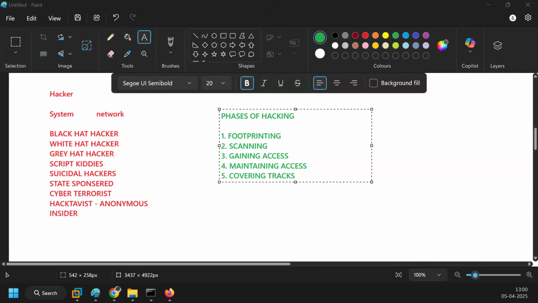Right. Once we have found the information about the ports, we try to find the information about the vulnerable services that contain some weakness, so that we can perform our attacks on top of them. Now, once we have found the information about the weakness, those vulnerabilities,